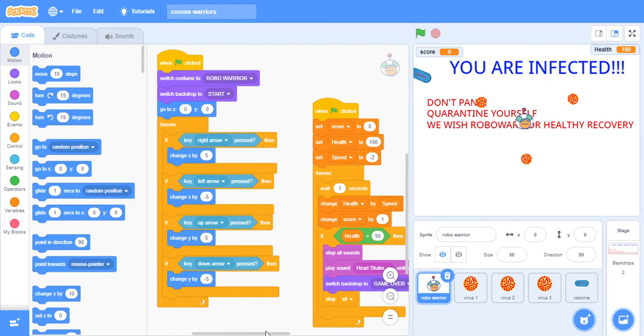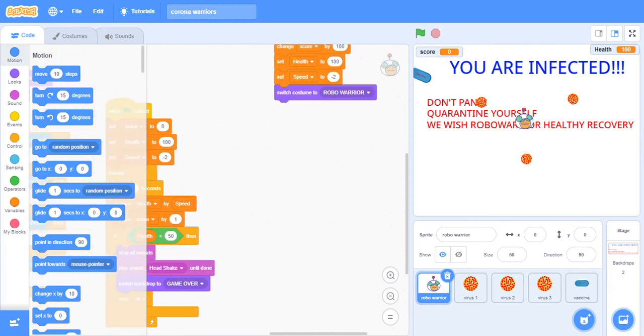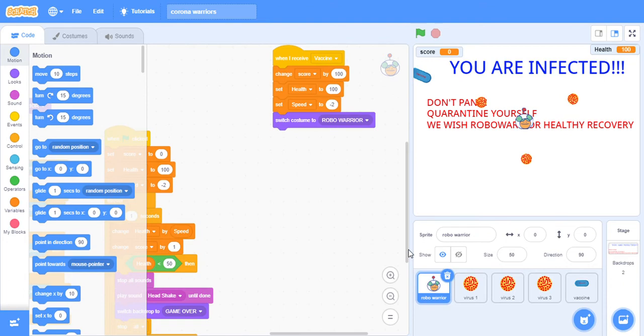Now, as you saw the first and the second code partitions, this is the third one. And after the third one, there is one more code, which is the fourth one. You see over here, let me scroll it up so you can see. Now this is done. We have seen every code of the Robo Warrior.